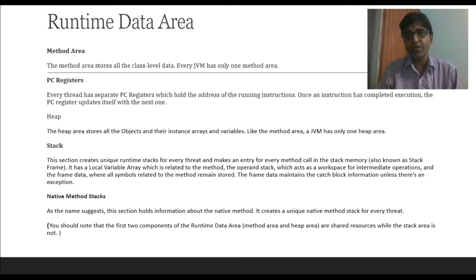See what we discussed, the pre-runtime area, that is before loading, linking, initializing, putting all the code into the memory, first part. Now after storing in the memory, what does it do? So you have to understand it in two parts: loading and then, after loading, pre-loading and post-loading. So let's analyze the post-loading components.